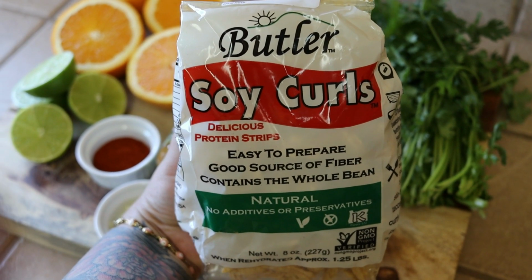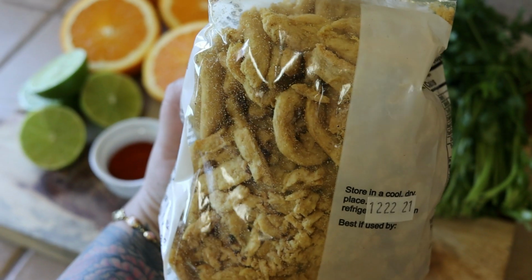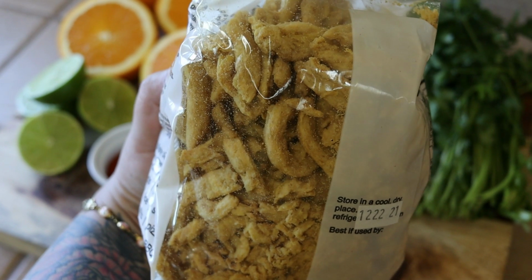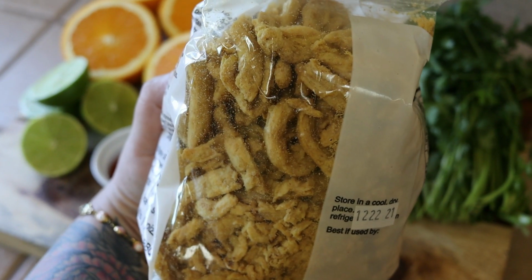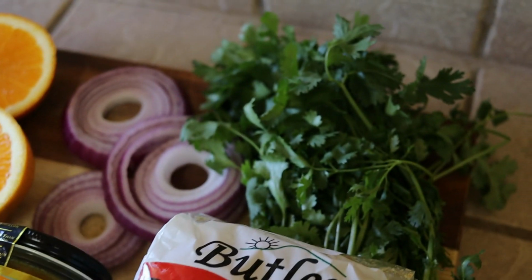Okay friends, for my vegan chicken today, I'm using Butler soy curls. They are pretty much dehydrated long soya chunks. They're a great texture for tacos. So to get started with this recipe, I'm gonna go over the ingredients, the soy curls, and for the marinade,